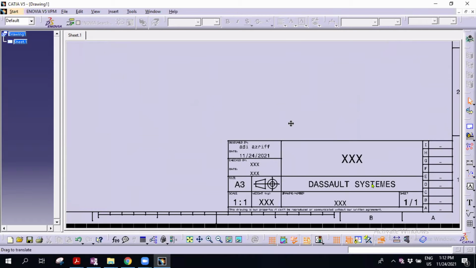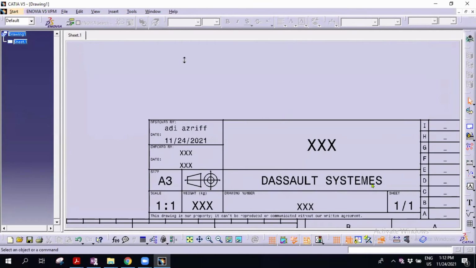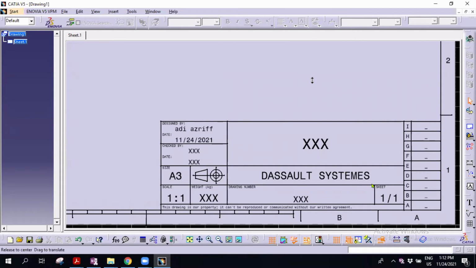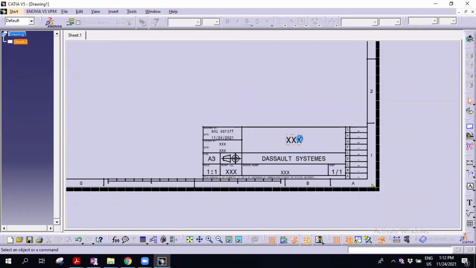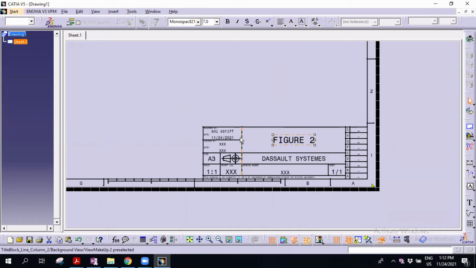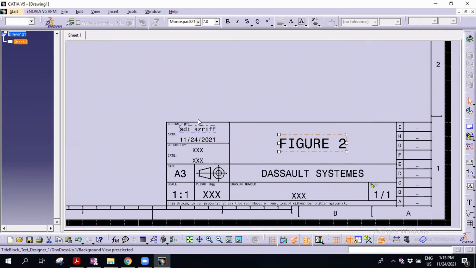If you want to edit everything on your title block, you must make sure you are inside the sheet view, not the working view. For example, I want to change it. You just double click here and put, for example, figure 2. This is normal practice.